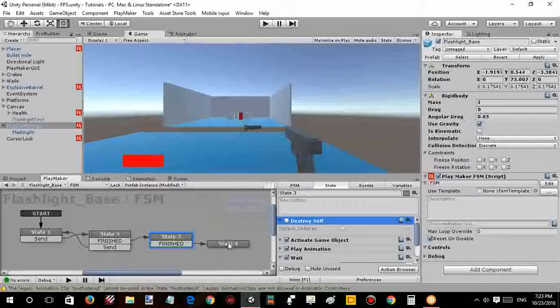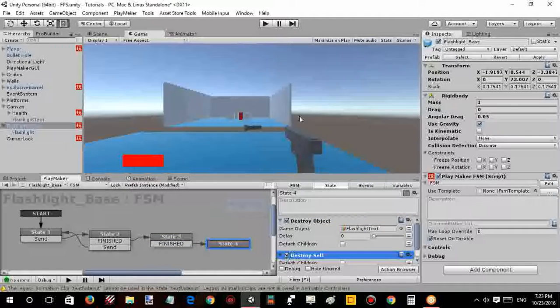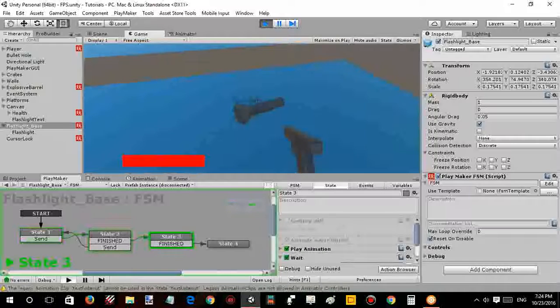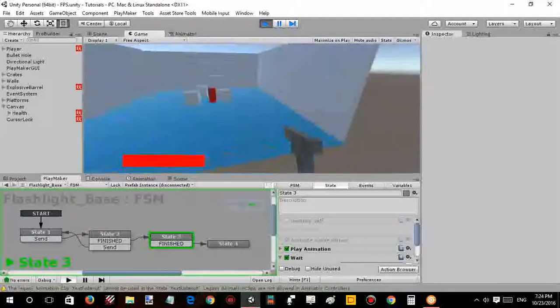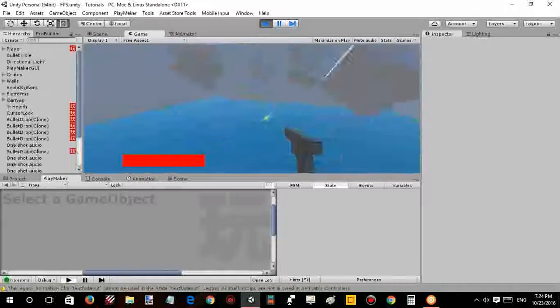I mean, not at all logical. Yeah. So now it should be good because it destroyed itself before anything. So yeah. So that is basically what we'll be doing and what we have done,